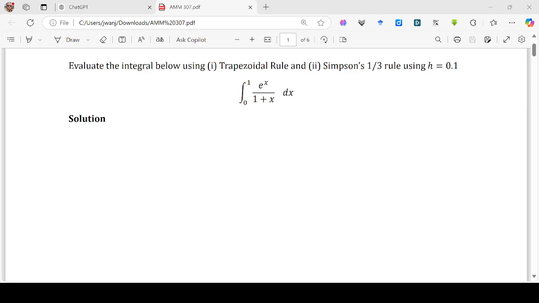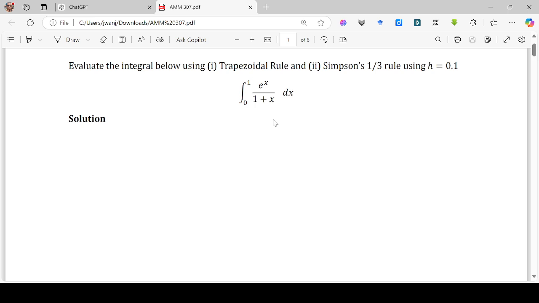So in this session, we want to solve a problem using the methods of Trapezoidal and Simpson's 1/3 rule. So we just do an example in this session. We have the integral from 0 to 1 of e raised to power x divided by 1 plus x. And we want to integrate this with respect to x using the trapezoidal rule, and to using the Simpson's 1/3